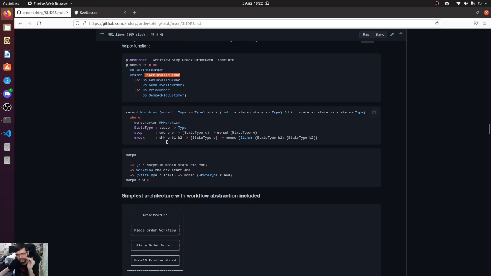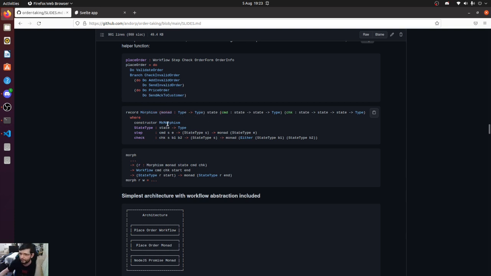But this is a very high-level overview of the workflow. How can we turn that into a function which can be executed? Because of dependent types, I can simply create a function which turns this workflow into an A to MB, input to monadic output computation. And because I have the power of dependent types, here the workflow is the indexed data type, and this indexed data type represents this very simple DSL where I can have state, and the command is a simple state transition, and the check is kind of the branching state transition. So I can create this dependently